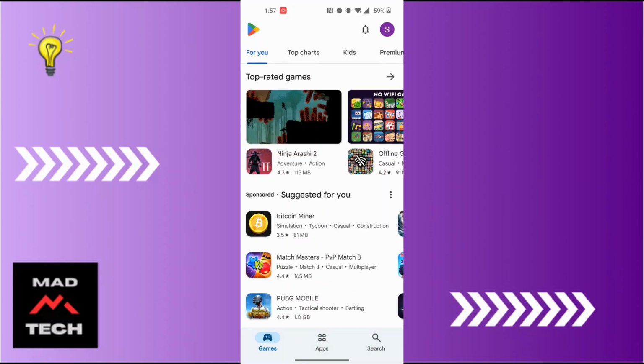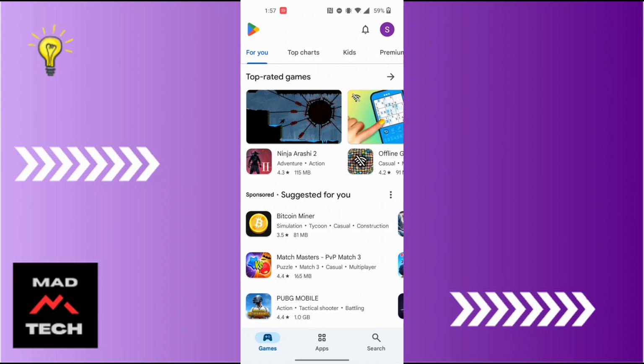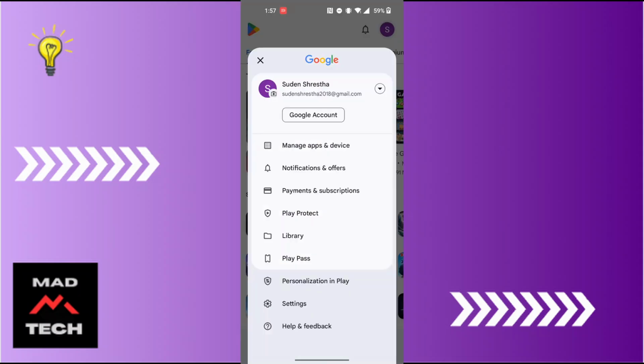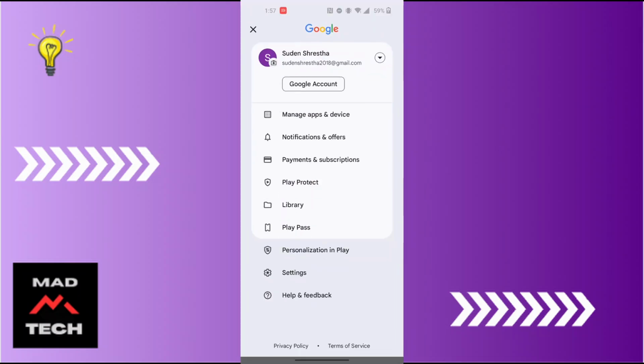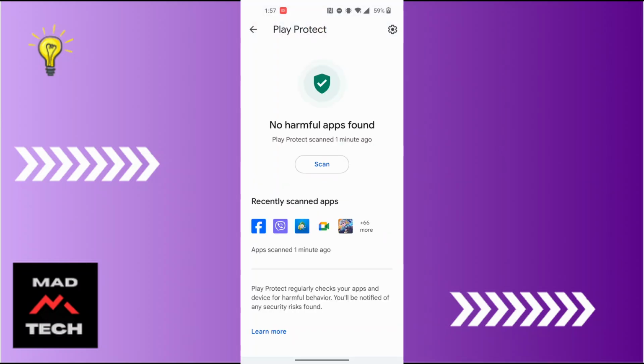And after opening your Play Store, guys, on this interface at the top right corner of the screen, you can see a profile picture icon available for us. Tap on your profile picture icon at the top right corner of the screen, and this kind of interface will appear where you can see the fourth option where it says the Play Protect. Tap on the fourth option where it says the Play Protect, and this kind of interface will appear, guys, where